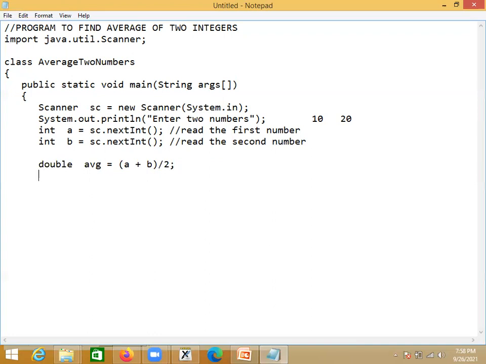Now we'll print the result onto the screen. Say System.out.println. Now we say average.